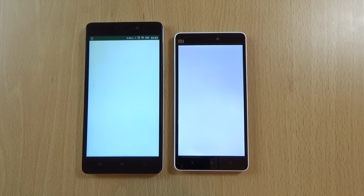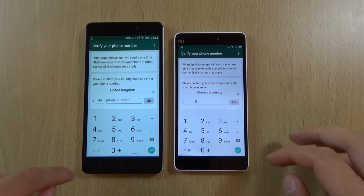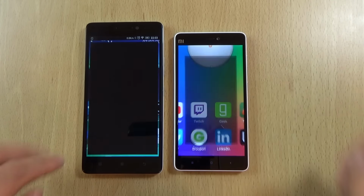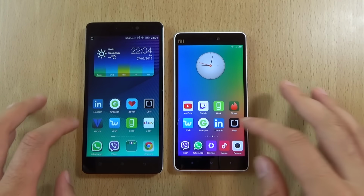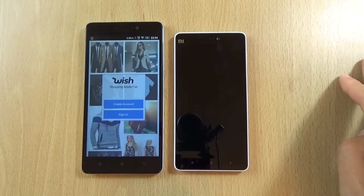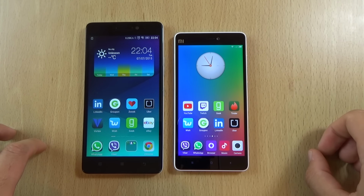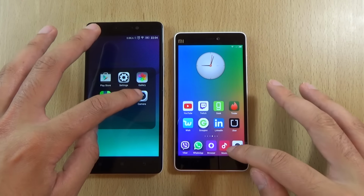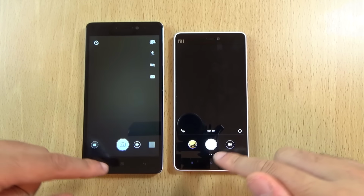WhatsApp. So a lot of speed here on the left for the WhatsApp. And again, have we done Wish? There we go. So again on the left, very quick. What about the cameras here? So Xiaomi a little bit quicker there,